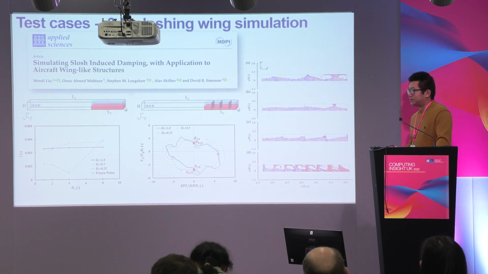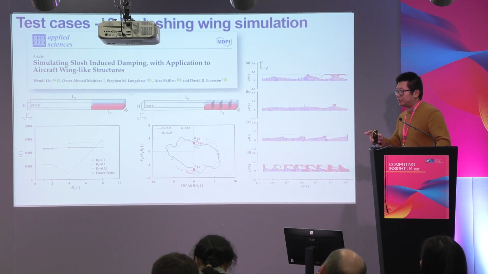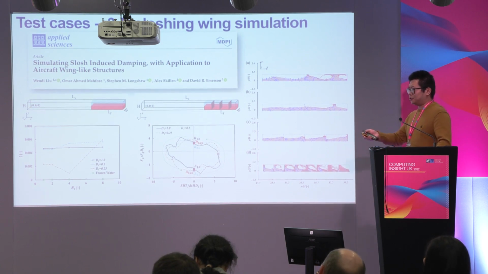The background of this case is to investigate the interaction between the wing of an airplane and the fuel tank inside. You know, in the operation of an airplane, it usually encounters some turbulence in the air or gust. And in that case, we will experience some kind of